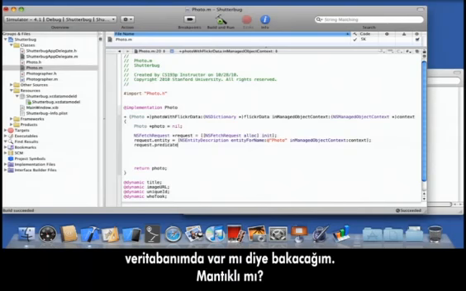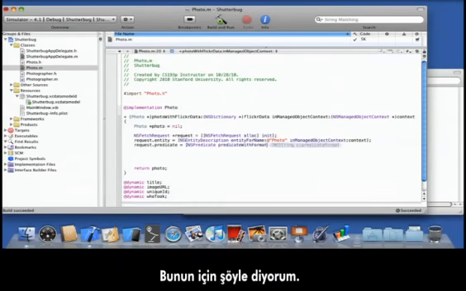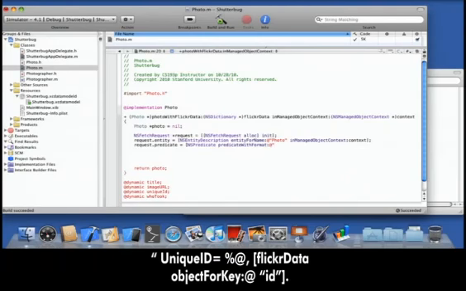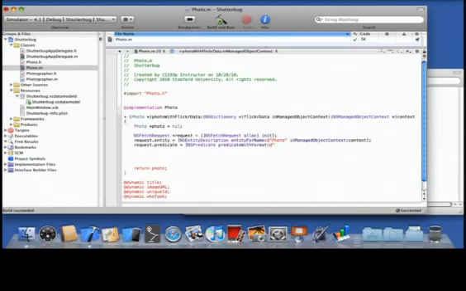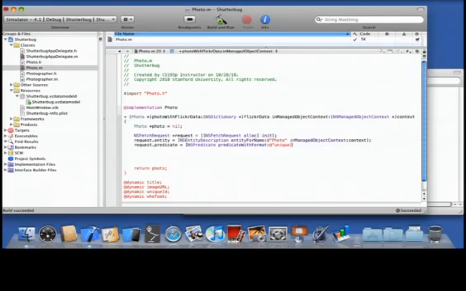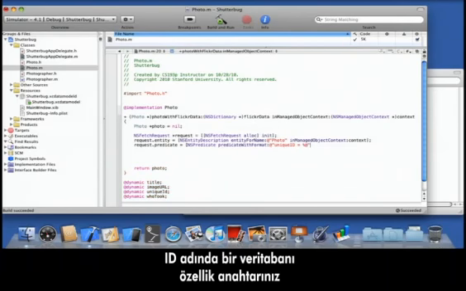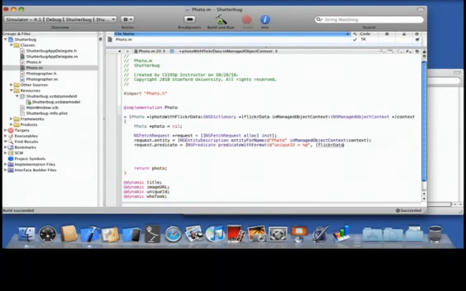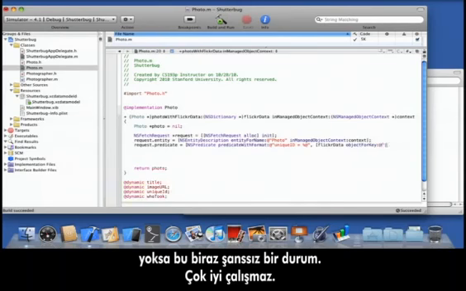So what is the predicate? I'm going to say NSPredicate predicateWithFormat. And what I'm going to do here is look to see if there's already a photo in the database whose unique ID is the unique ID in this Flickr dictionary. Make sense? So I just say unique ID equals %@, flickrData objectForKey, and the key that's in the Flickr dictionary is called ID,